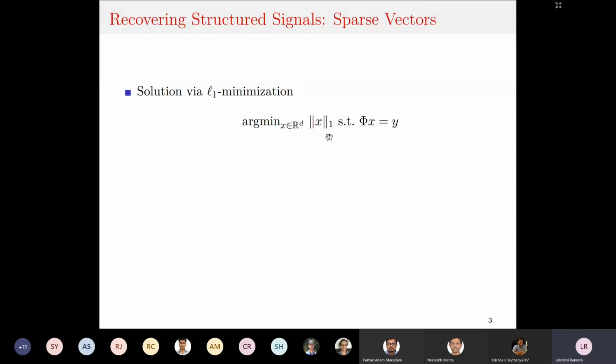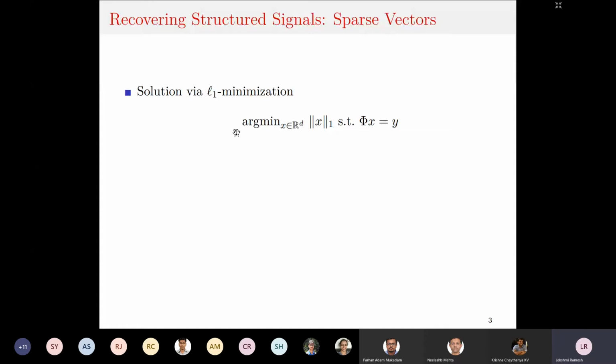So it will give you a vector that is as sparse as possible. Okay. And this problem is a very simple problem. The original least sparse solution is a computationally intensive problem if you try to do it the brute force way. And this program, on the other hand, is a linear program. You can solve it using linear programming, and it gives you the correct solution with high probability.